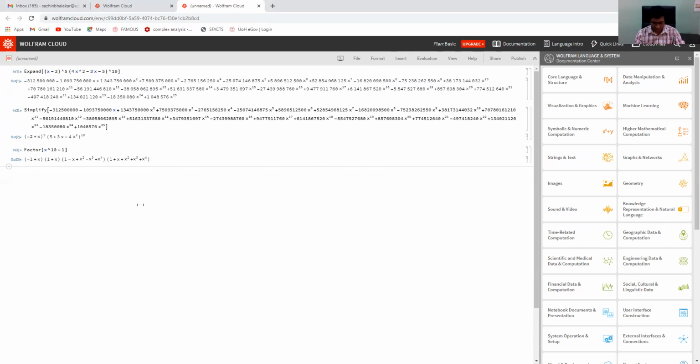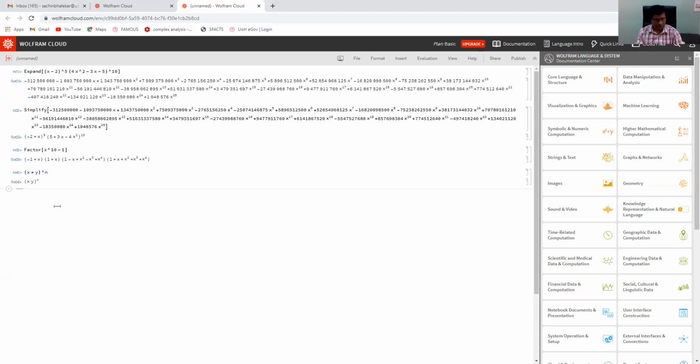Now let us see, say, (x multiplied by y) raised to n, and run the command. So the same expression is provided as output. Okay, so what do we expect? We expect x raised to n multiplied by y raised to n. It is not here. We can use the command PowerExpand for this.